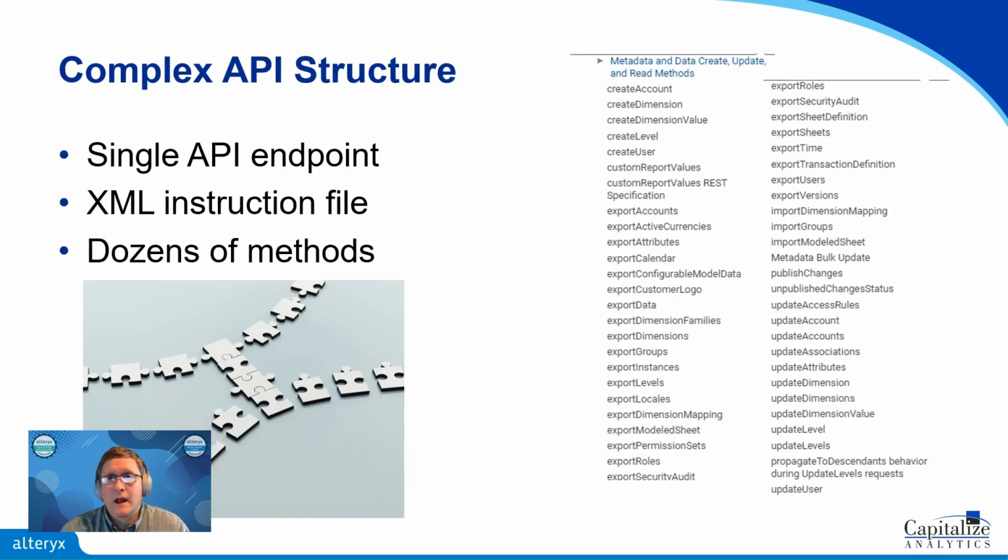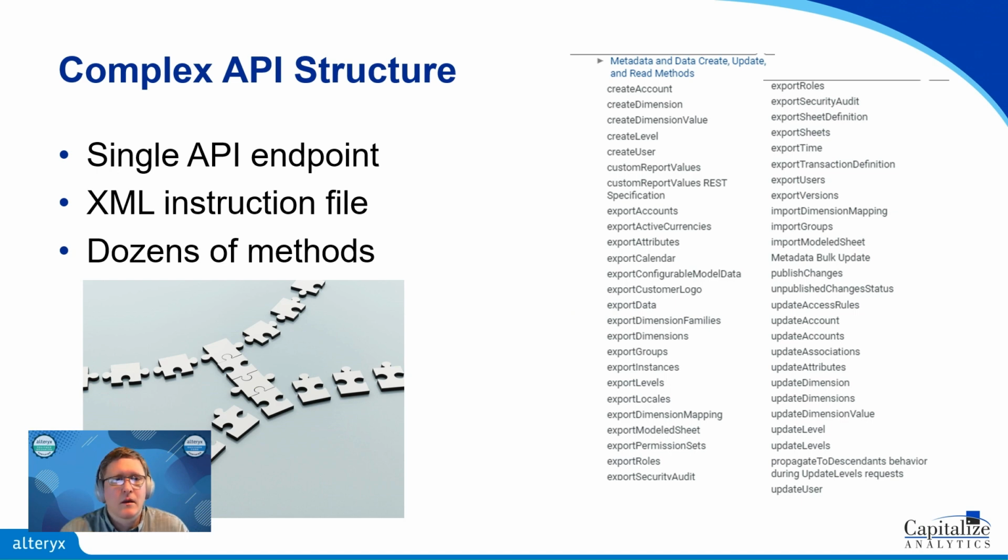The Adaptive Workday Planning API is a bit complex and may not be approachable for everyone. To give you an example, the API has a single endpoint, and in order to use that, you need to compile an XML document that's going to contain instructions for whichever method that you're looking to use, along with any parameters that are particular to that method. And as you can see here, there are many methods available that you have to understand and be able to